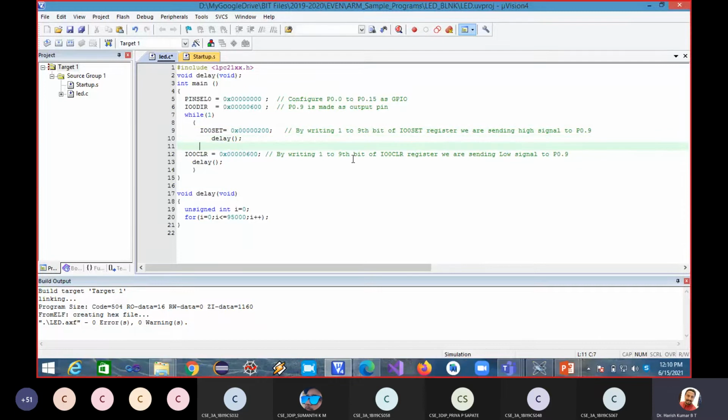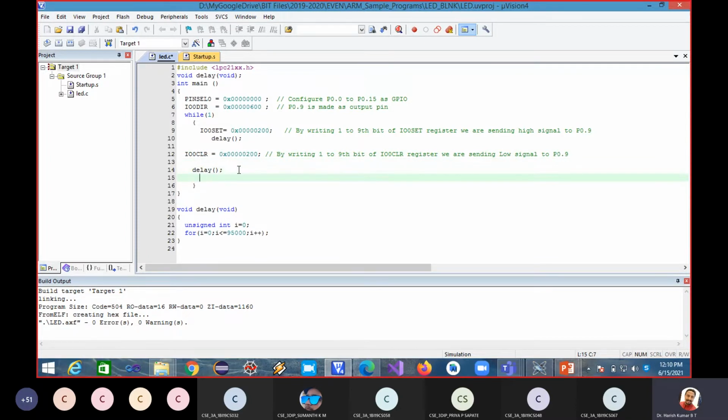now what we will do? So we'll make that one go off. So 2 again. Next, after delay, what we will do now? IO0 set is equal to... now I want to make the other one glow, so let me copy this.